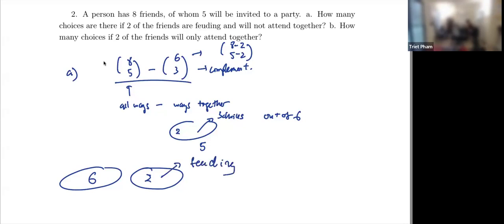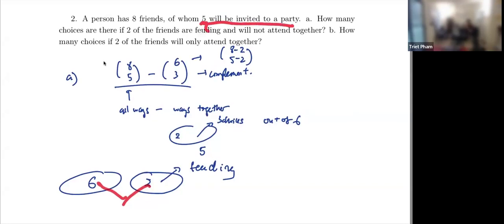All right. And out of this, you pick 5, right? Because you invite 5 to go to a party. So you're picking 5 out of 2 groups, right? But depending on how you split it, that will accomplish whatever you want to do. So here in part A, you want to pick it so that the 2 friends are not attending together,